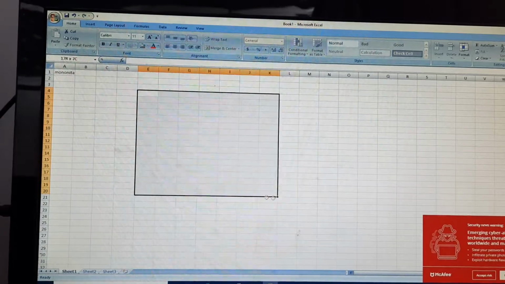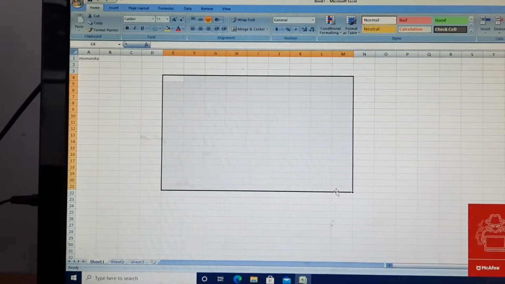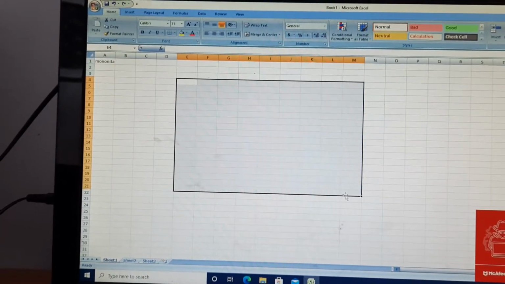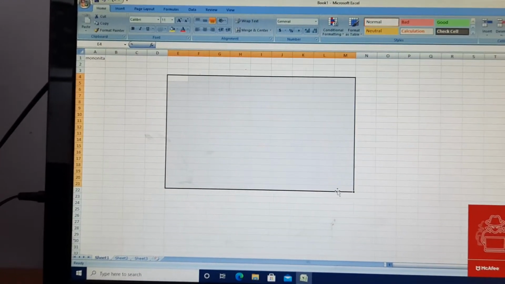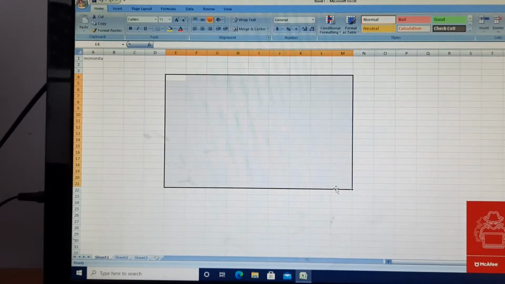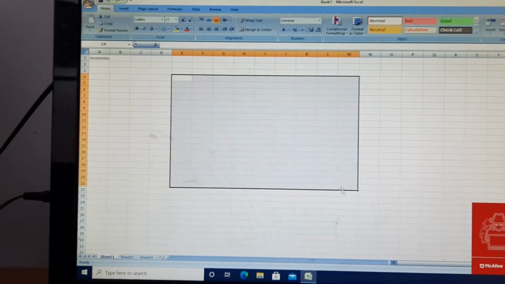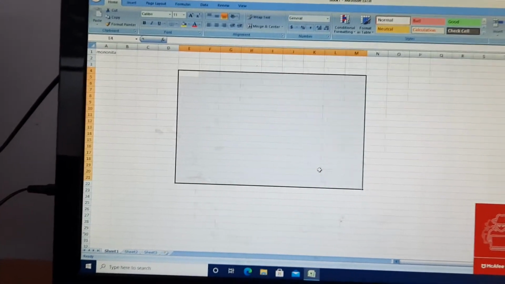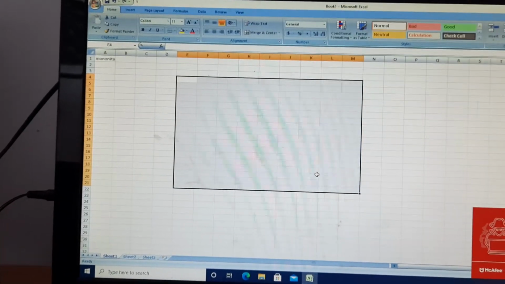Now I'm selecting something. This is called a range of cells. When a group of neighboring cells are connected to each other, it is called a range of cells.